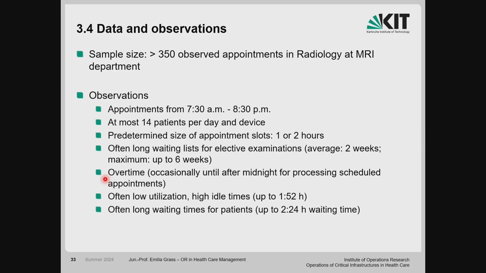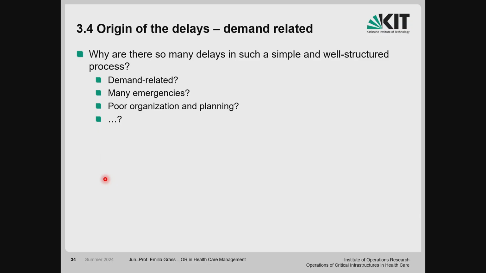There are some kind of problems involved, and we have to figure out what the problem is. What could be the bottlenecks, or something that is not working efficiently. So the question came from the clinic, who said it's demand related, because patients come, they don't come, we have a fluctuation in demand, and also we have a lot of emergencies, so this delays the entire schedule. And our question was, is it rather poor organization and planning? However, it was worded differently in front of the clinic, obviously.